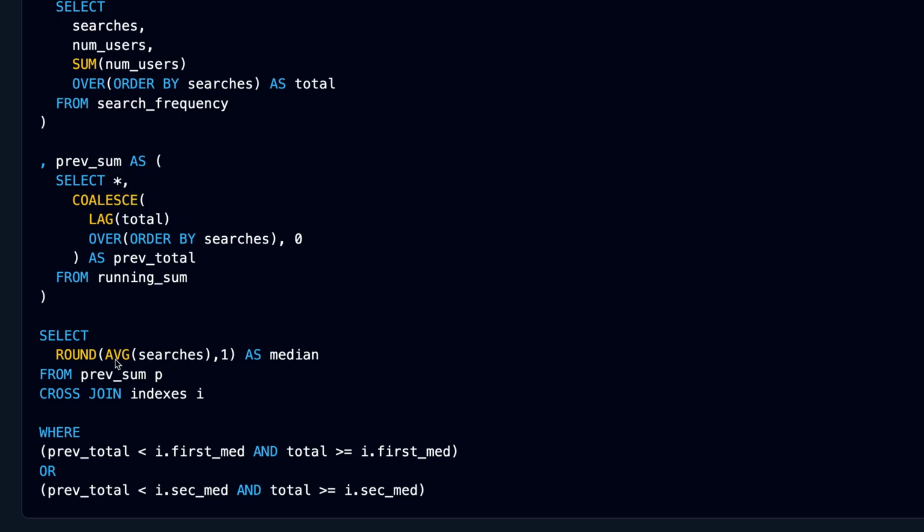Now finally, we take the average of searches. And why average? Because for odd, again, we have one row. So the average will be the value itself. And for an even number of rows, we will have two rows and the average will be the median,